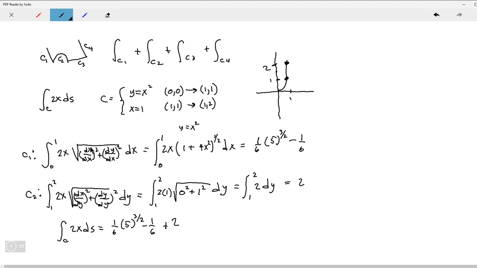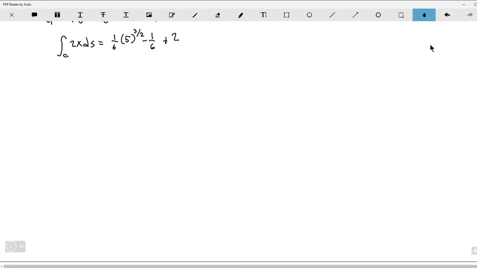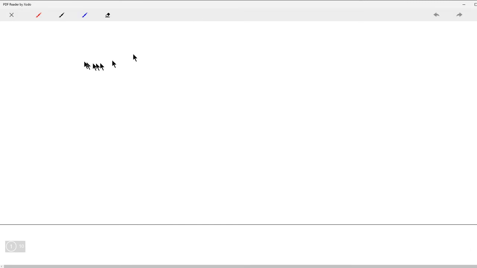Now, what we get here frequently is that these will occur together, where we have one with respect to x and one with respect to y. When we have those together, we've got a notation that lets us combine or simplify what we're doing. Let me write this again. If we have a line integral with respect to x and y, like this one was, then the integral over C of f of xy dx